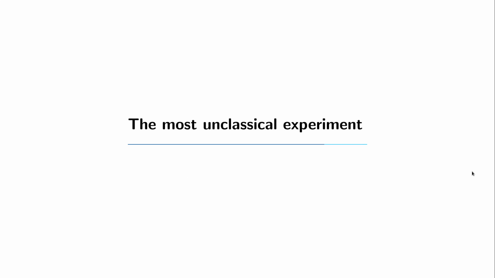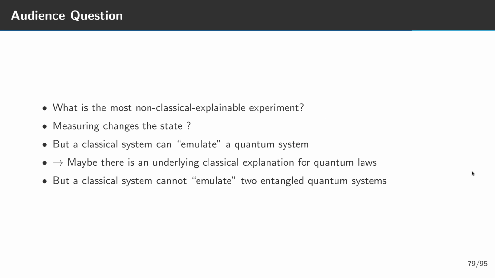The most unclassical experiment. When people are asked what the most crazy, most unintuitive, unexplainable observation in quantum mechanics is, that is the hardest to understand and the most radically different from classical mechanics, they usually point out how measuring a variable can change the system. This is a very important difference from classical mechanics, where, at least within practical limitations, one can measure every variable at any point without modifying the system.